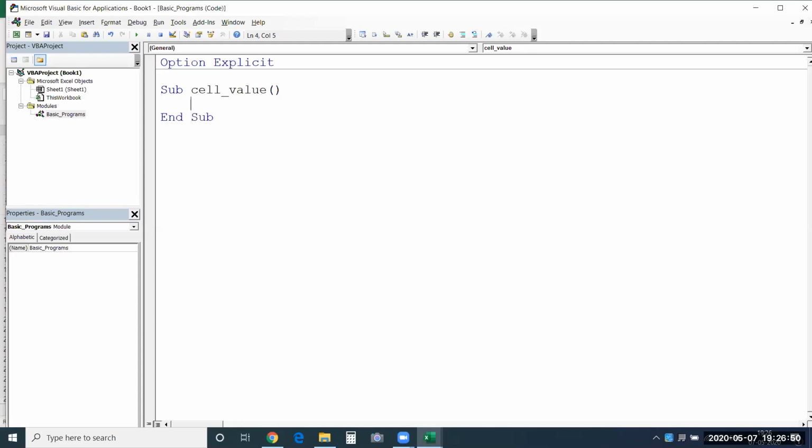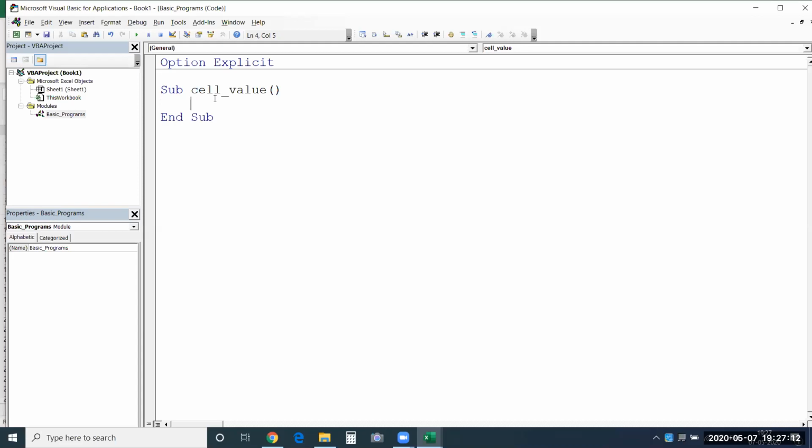I'll have to follow the other things like object hierarchy, for which object I am writing the instruction. So I gave a name to this macro. There are certain rules that have to be followed in order to provide the name. It has to always start with an alphabet.